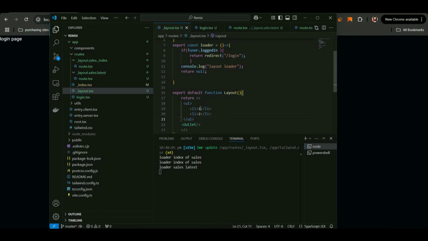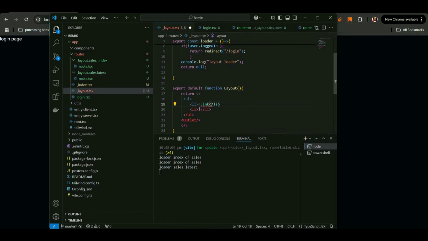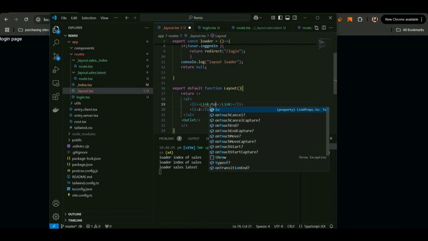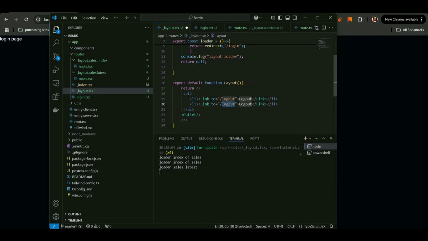So if you want to have a link, Remix provide you a component which is called link, just like React Router, and here you need to specify where you want to go, or maybe here I want to go to login. Okay, so this page cannot access when user is not logged in, so let's leave it here. Maybe let's pass logout, and let's create another link as well. Sales, latest,